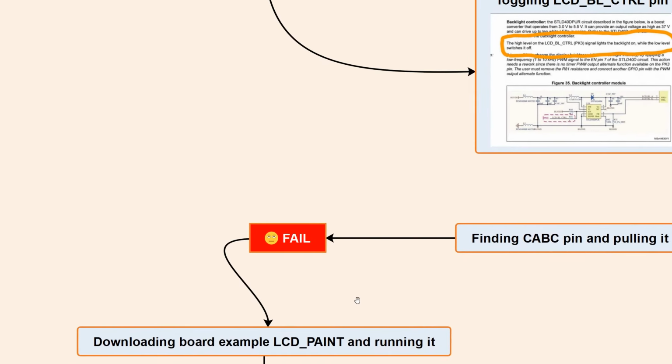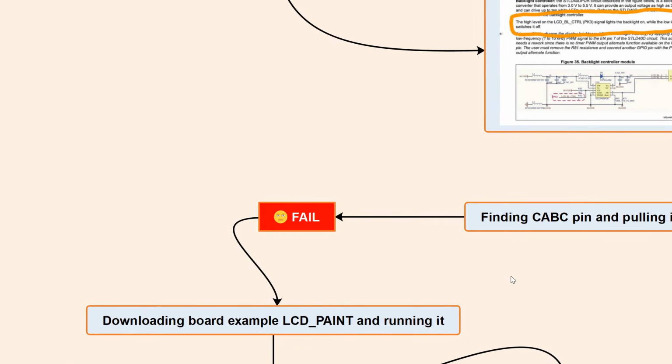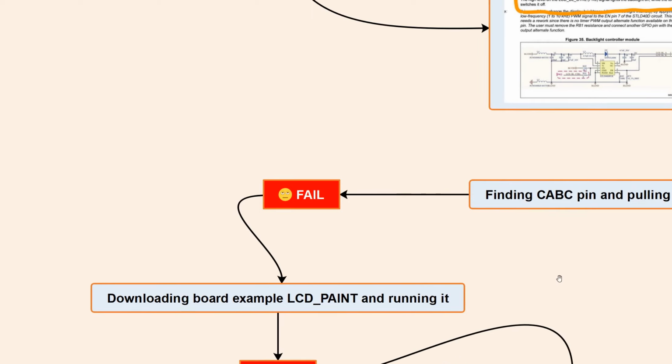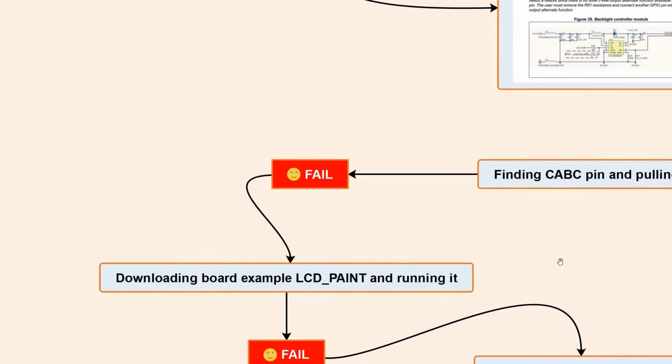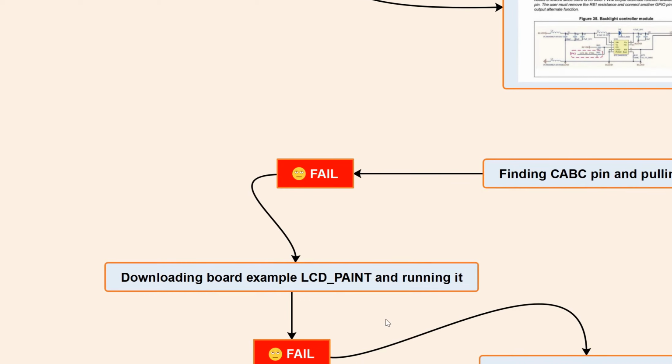So at this point in time, I just decided to download a board example called LCD Paint and run it on my board. That way I could use the code that is official from ST and study it a little bit to understand what's going on with the LCD when it's operating. So I started running it, and of course it didn't work. It failed. It took me some time to understand that there was something wrong with my project settings and something different about my board. And that thing is the